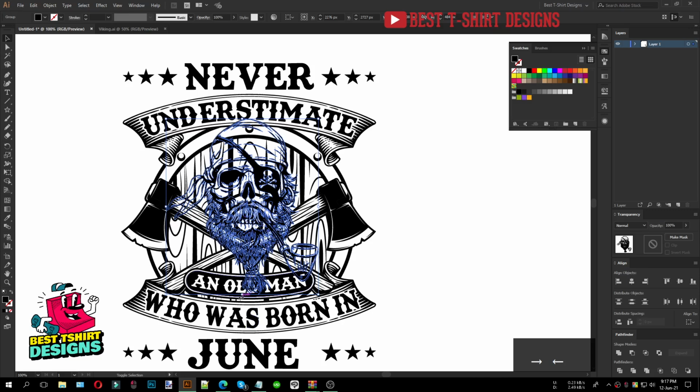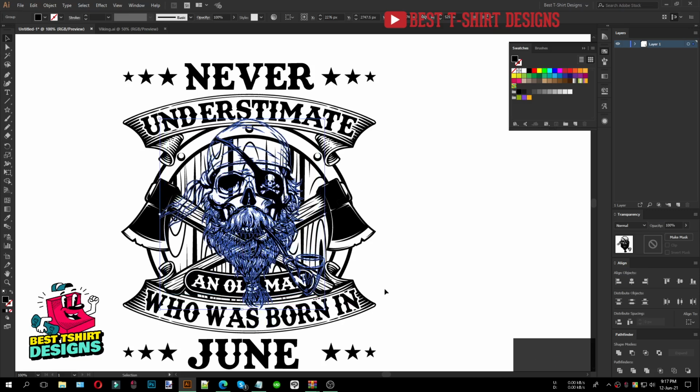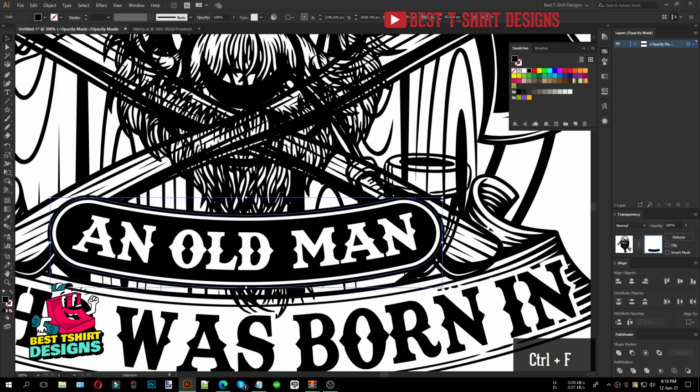Okay, so that's fine. Now let's just make it a bit bigger like this, so that it looks like the beard is a little visible from that area. That is fine. Now if I select the X here inside the transparency, I will find that Old Man text. I want to copy that. Then I want to select this skull, open transparency for it, press Ctrl F. So that will make my text totally visible and on top of the beard and the other stuff.